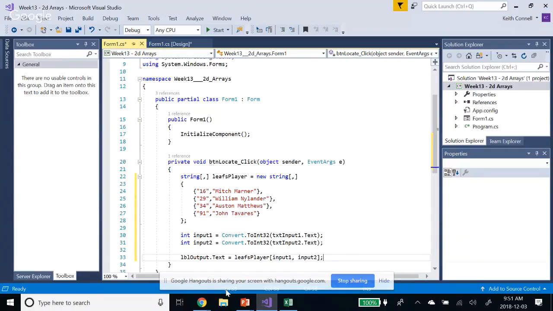So what I've done now, LBL output, the least player, and in square brackets, I put input 1, which would be the row, and then input 2 is the column. Okay? So if we run this,